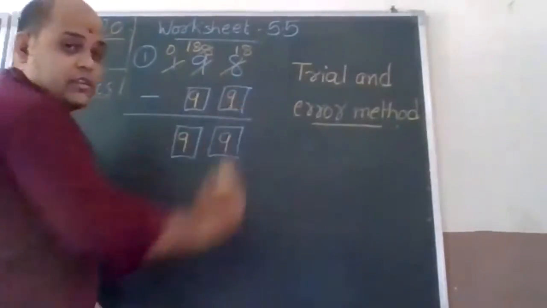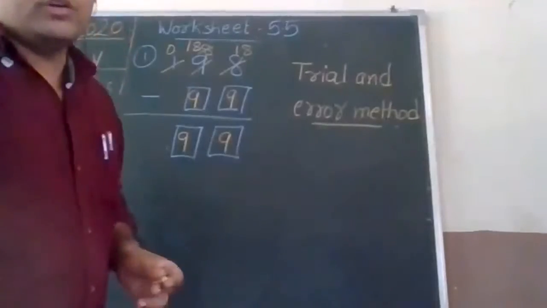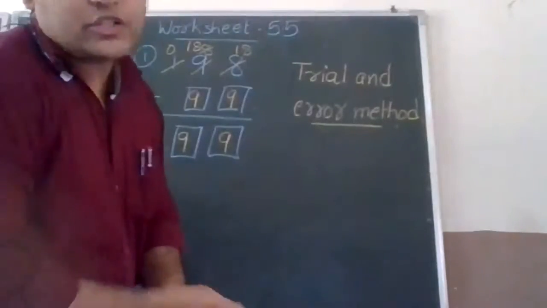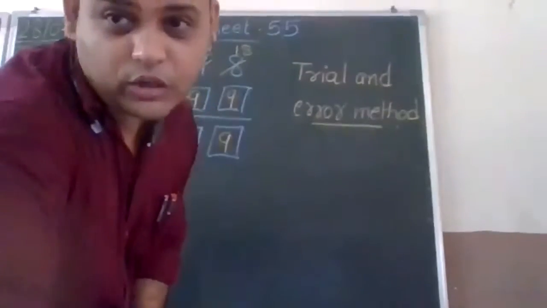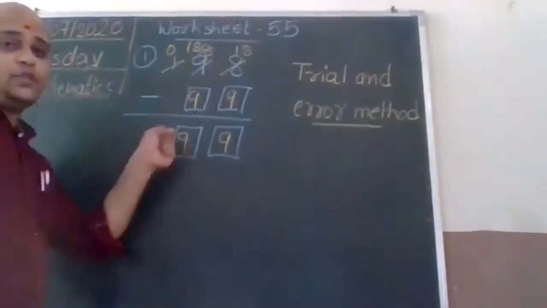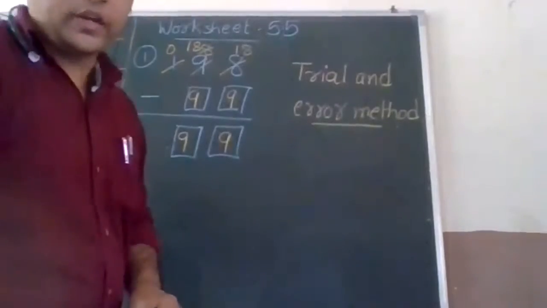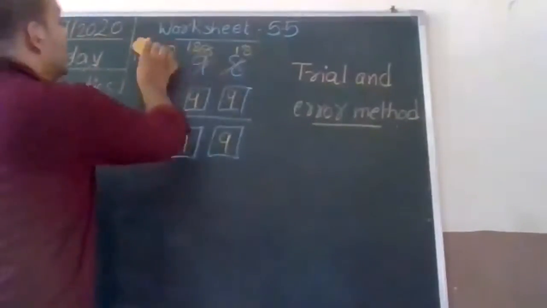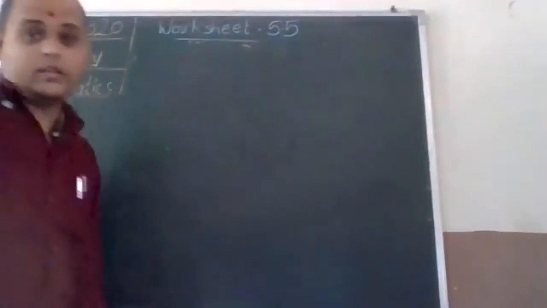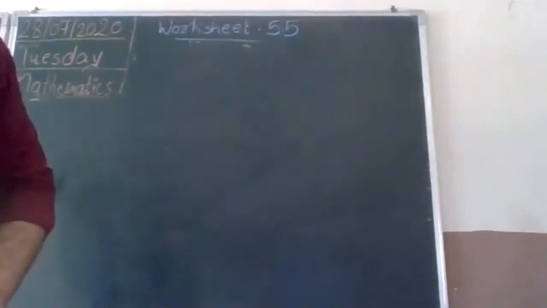Now finding this missing number, you will find these type of examples in grade 6 and 7. There will be lots of such examples where you have to do lot of guessing work. For that you need to have this very well. Okay, good. Then we will go for the second one.